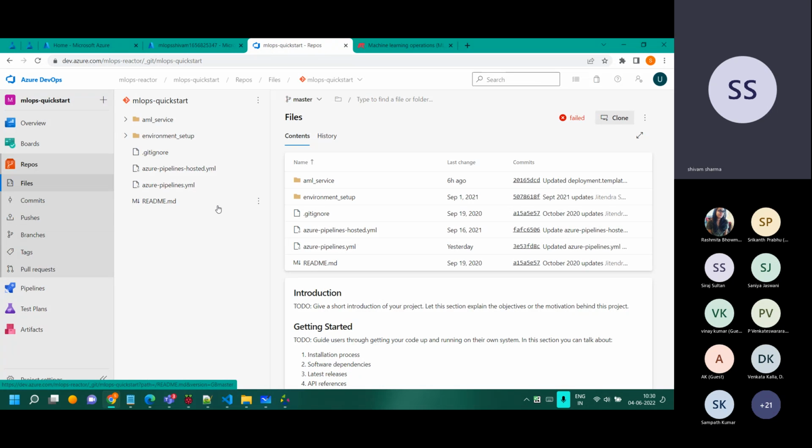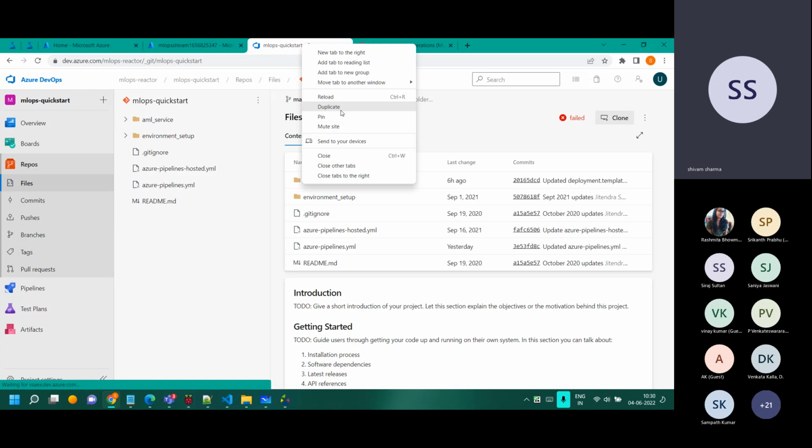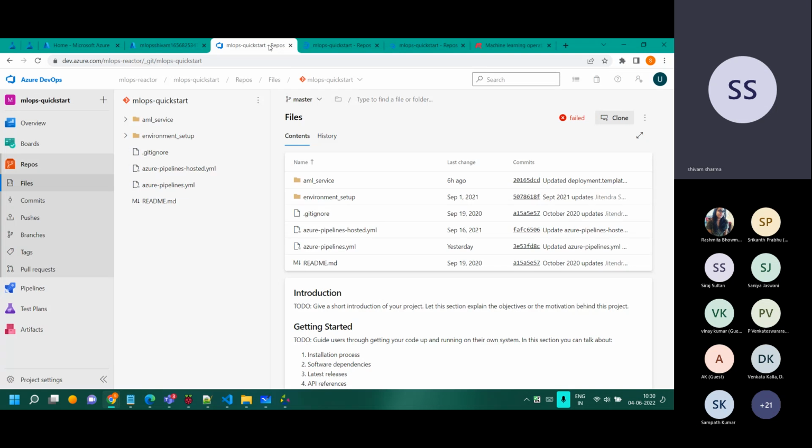We'll also use this, and let me just duplicate the page a couple of times. We'll be doing a couple of things over there. We'll read through the code and we'll read through the configuration, so don't worry about that. Just hang in and understand. Anything which I'm showing, I also have it documented, so I'll pass on the document. When you have to reproduce it, you take your time and reproduce it.